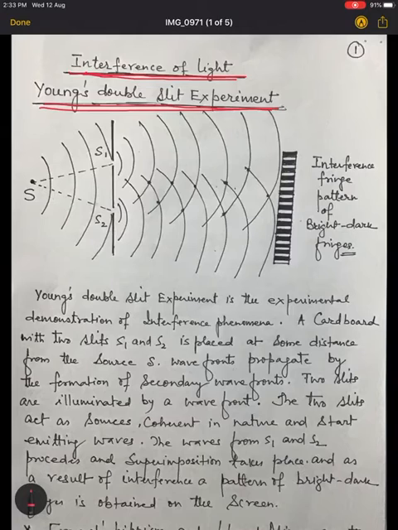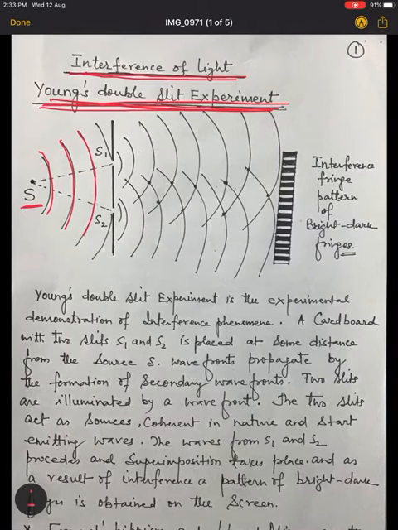So the Young double slit experiment shows how a single source can be used to form two coherent sources. In Young's double slit experiment, Young has taken an opaque cardboard with two slits S1 and S2 and a main source S. The light wave from source S